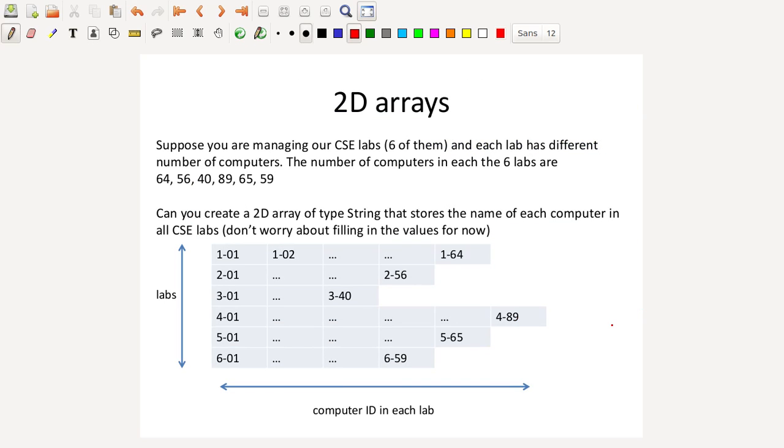Okay. Now let's briefly talk about 2D arrays. 2D arrays, they are two-dimensional arrays that you can visualize as an array of arrays. Okay, and there are many different ways you can create a 2D array. I would say the easiest way is to do something like, for example, if I want to create a 2D array